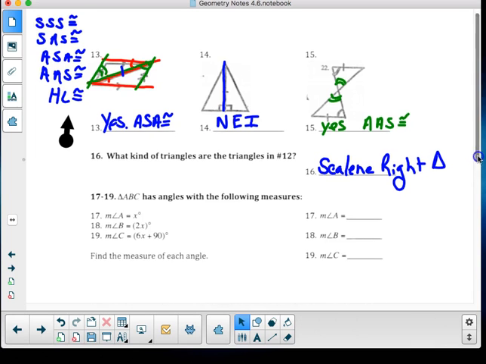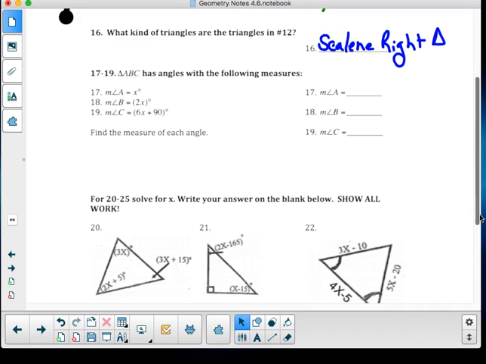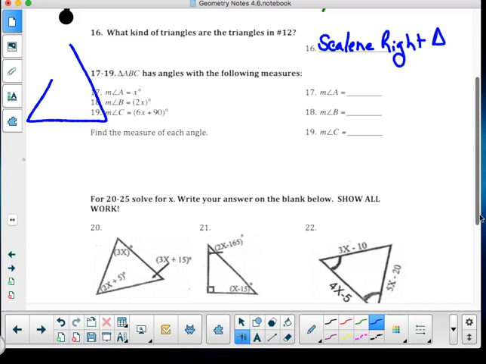In 17 to 19, this was really tough for some folks, but if you look at it, you're thinking, well, triangle ABC has angles with the following measures. So if I just sketch out a triangle, let's call this A, B, C, and A was X, B was 2X, and C is 6X plus 90. If I gave you that picture, everybody would be happy as larks because they're like, well, I got triangle sum